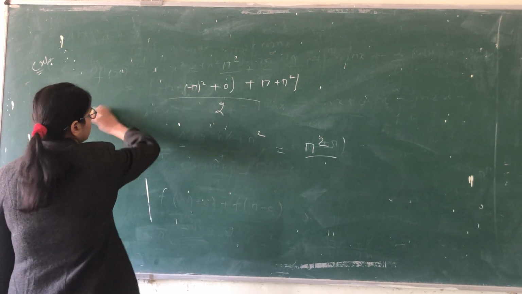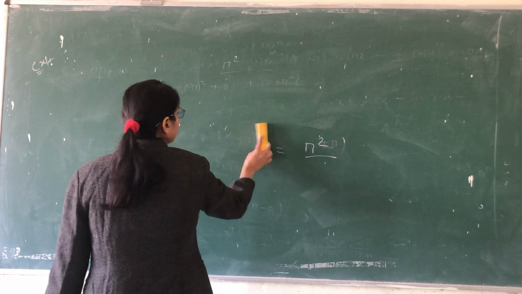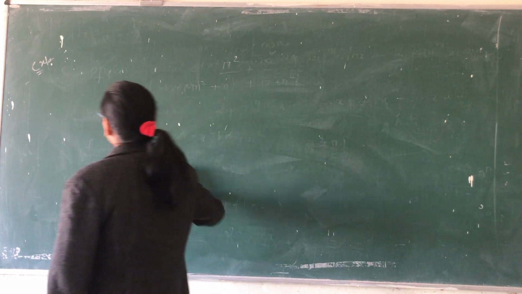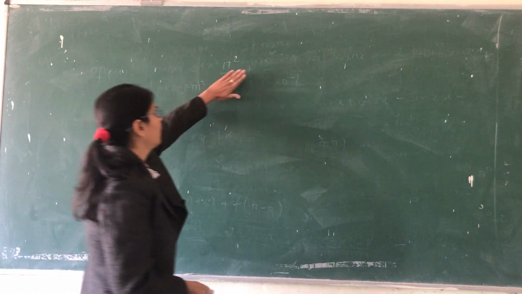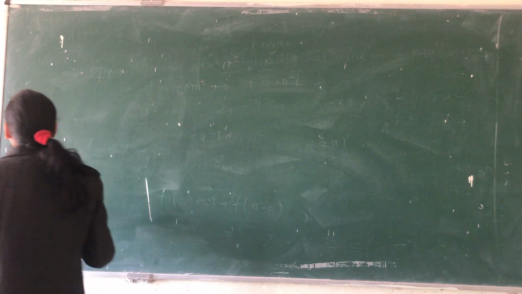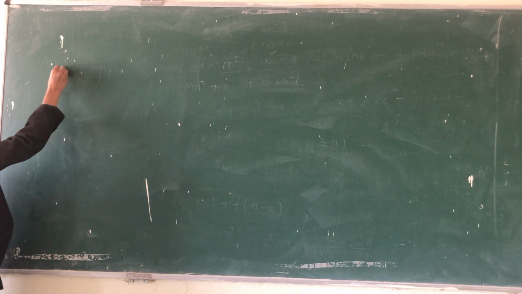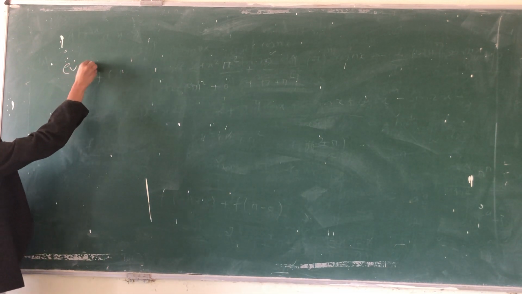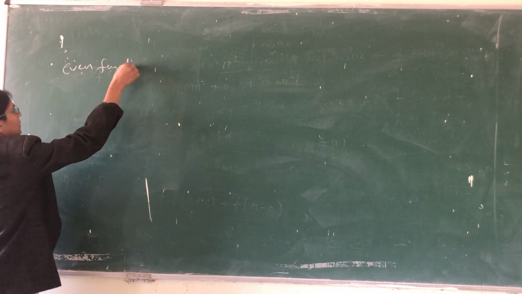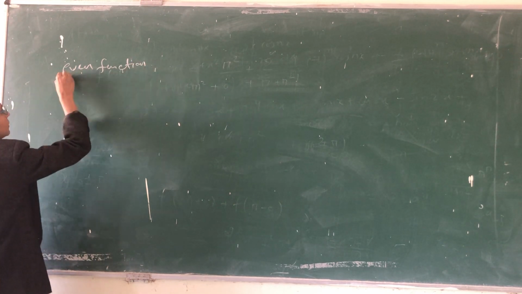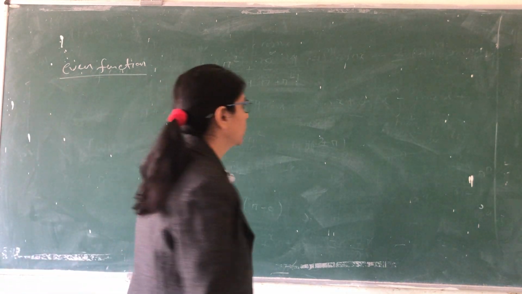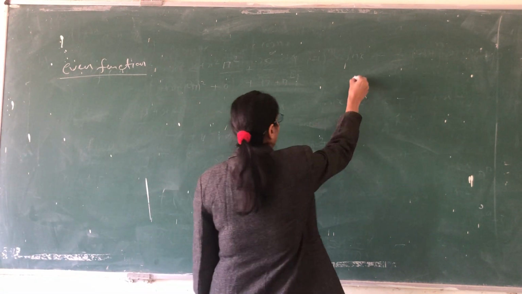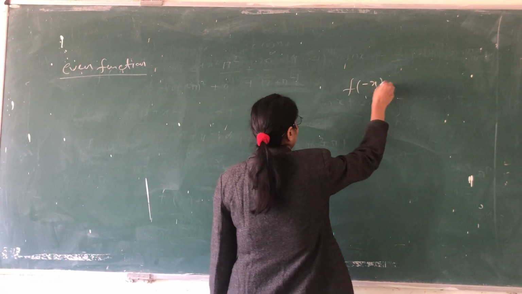नाउ हमने ये फूरियर सीरीज पढ़ी. अब हम बात करते हैं अगर आपका फंक्शन इवन है या ऑड है. तो फूरियर सीरीज फॉर इवन फंक्शन. सबसे पहले तो पता ही होगा कि इवन फंक्शन क्या होता है, f ऑफ माइनस एक्स इक्वल्स टू f